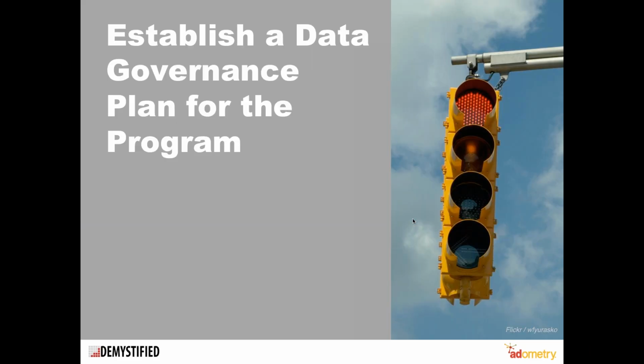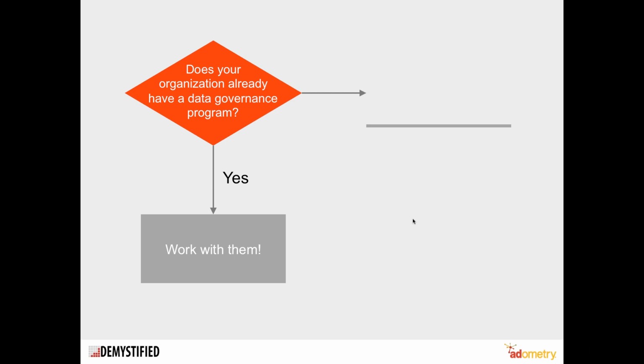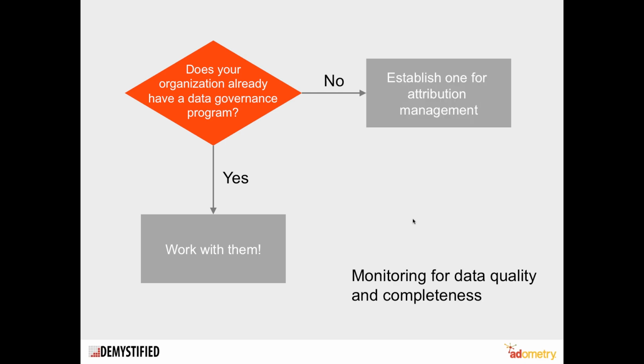One part of the maintenance is establishing data governance for the program. The data has to be complete. It has to be well documented. And here's a really simplistic process for that. Early on, ask yourself, do you already have a data governance function? Do you have data stewards? Is there a group in IT? Are there people identified as a virtual team who are stewards of the data for the organization? And if the answer is yes, then pull them in and say, how do I fit within your processes